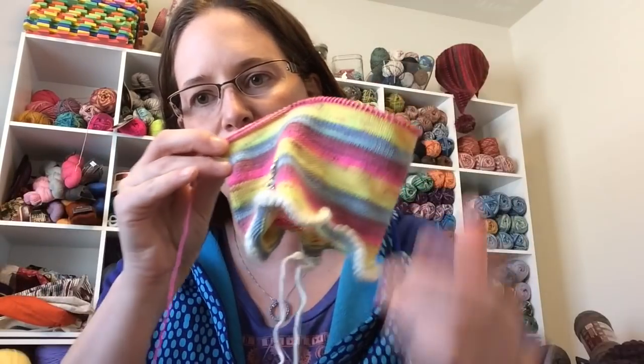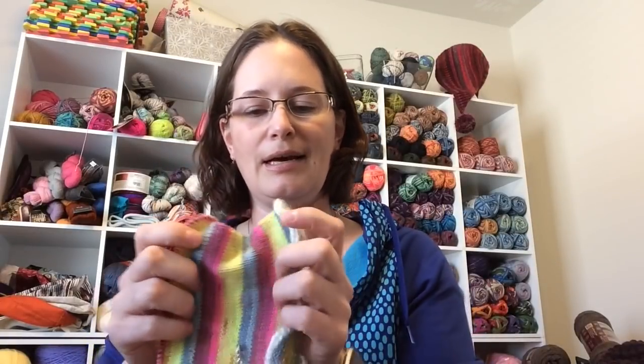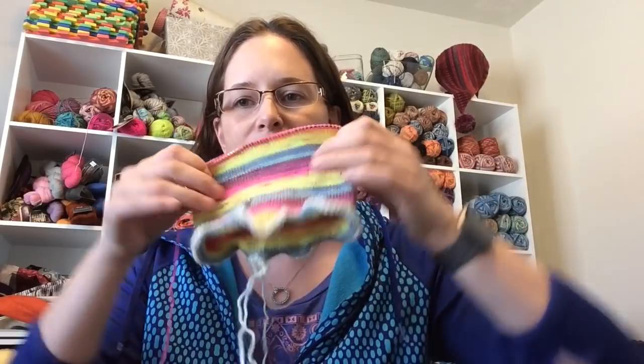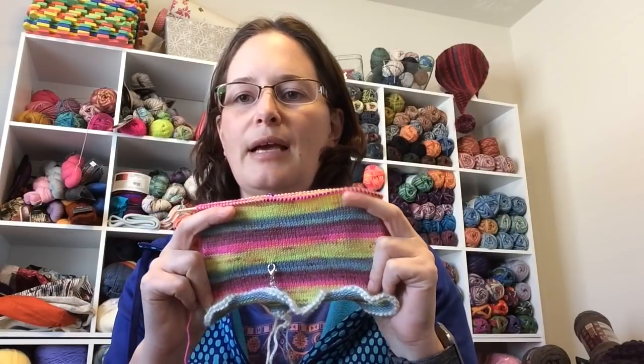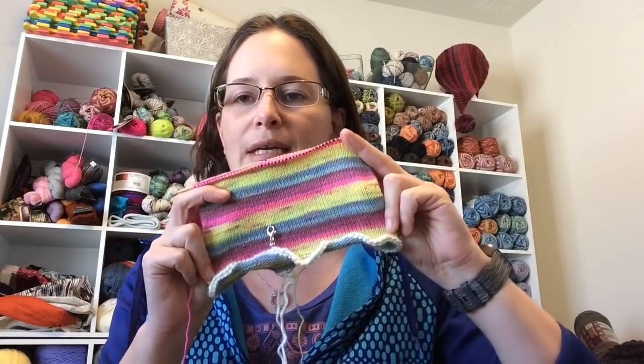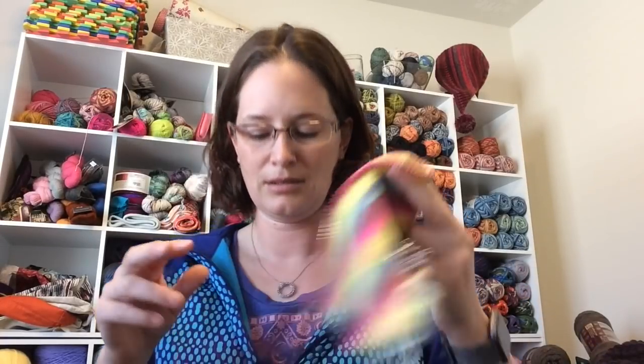So you're probably wondering what this little thing that looks like a squid at the bottom is. It's going to be a, do they call it tubular cowl, I think? So it'll be like double thickness. If you guys have seen or heard of the Tale as Old as Time cowl, it's in the theme of that. So essentially what I'm going to do is knit one entire ball and then the other entire ball,